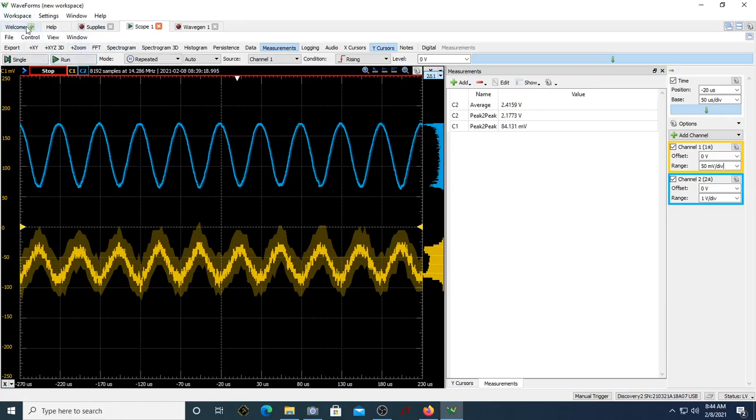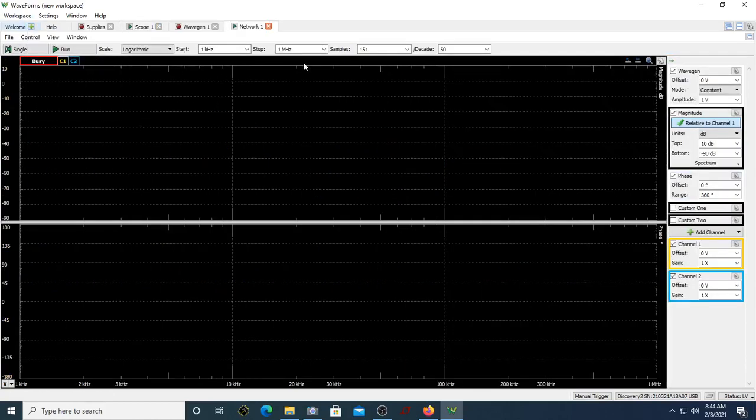Let me do a network analysis. While doing network analysis, let us try to understand what the settings are. The amplitude should be the same as that you used in your time response. So let me keep it at around 20 millivolt. Since I know that the gain is around 50, let me keep it around 40 dB, or maybe even 30 dB is also fine. Keep it at 30 dB. The bottom is at minus 90; you'll not be going from minus 90, so you can keep it somewhere at minus 30, so that you can get a good swing. It will be covering the entire plot.